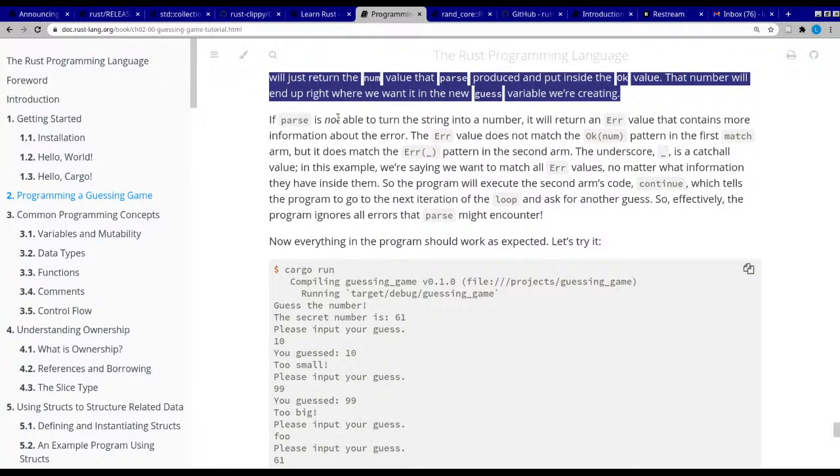If parse is not able to turn the string into a number, it will return an Err value that contains more information about the error. The Err value does not match the Ok(num) pattern in the first match arm, but it does match the Err(_) pattern in the second arm. The underscore is a catch-all value. In this example, we're saying we want to match all Err values, no matter what information they have inside. So the program will execute the second arm's code,